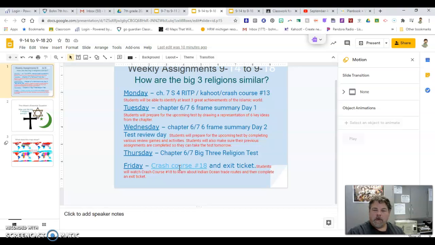That reminds me, for remote learners, your 6-frame summaries. I'll just have you draw on 6 pieces of paper or draw 6 pictures, take photos of those on your phone or whatever, and you'll upload those into Classroom for your grade for the 6-frame. That's how you will do it, since you're not getting the big 6-frame paper that everybody else will get. I think that'll do it for right now. If I think of anything else, I'll certainly send out messages or another video or something like that.